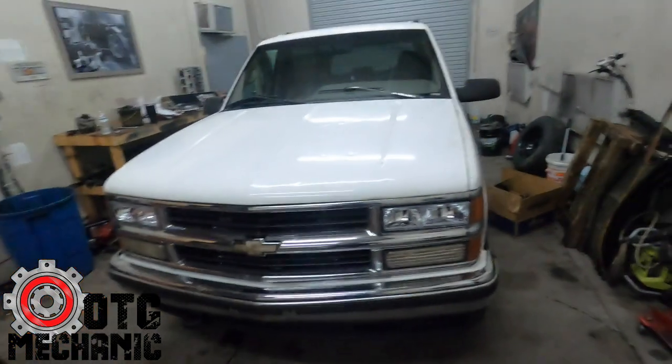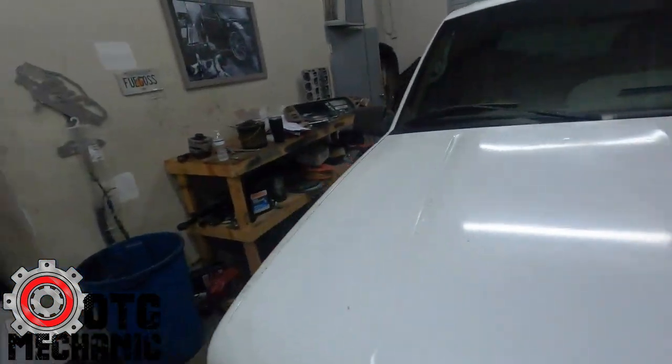We got an alarm put on it, so this particular model did not come with factory keyless entry. I've had a few OBS trucks in the past, 98s, 99s, even my 96 from way back when that I talked about, and they all had keyless entry. This 95 does not. Also, this is one of those vehicles that people are gonna try to take. So I got a buddy of mine. He's been doing all my alarms. We put a Viper on it,